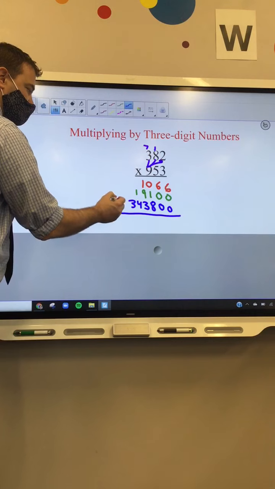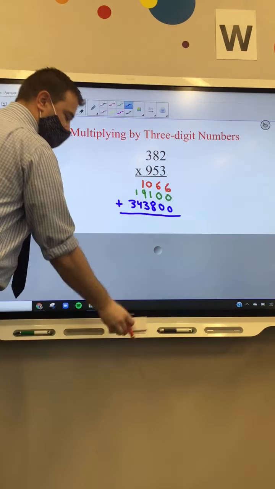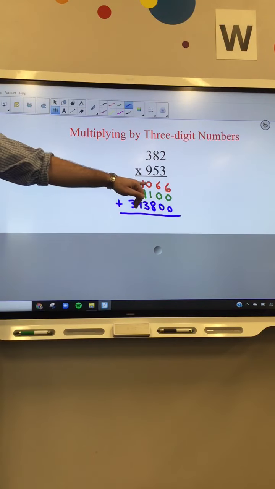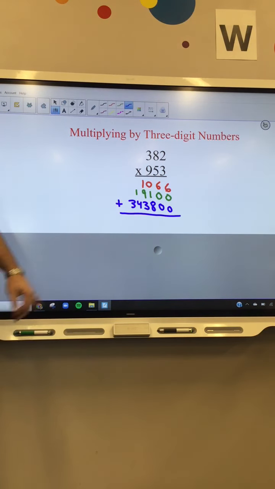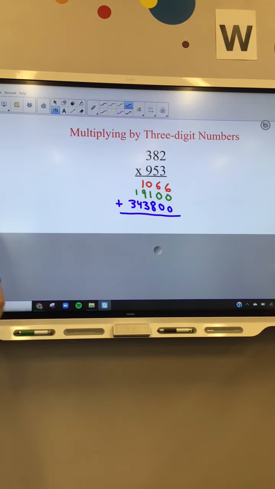Okay. So remember what this really represents. I've got my number in red. This is really 3 groups of 382. The number in green is really 50 groups of 382. And the number in blue is really 900 groups of 382. So we've got to add them all up together. Okay? When I do that,